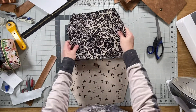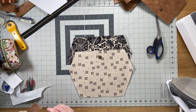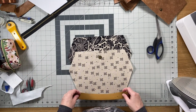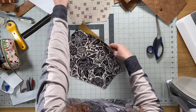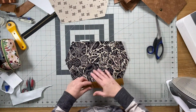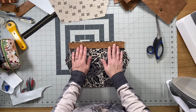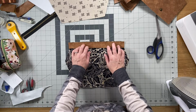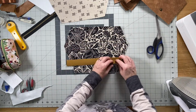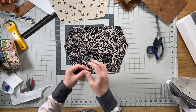So now this is an optional part, whether or not you would like to add the faux piping to the top edge of the pocket. If you do want to add it, you'll need the exterior piece for your exterior pocket. And then I cut according to what the pattern instructed. I cut out a piece of my vinyl, and I'm just going to fold it in half lengthwise, wrong sides together,